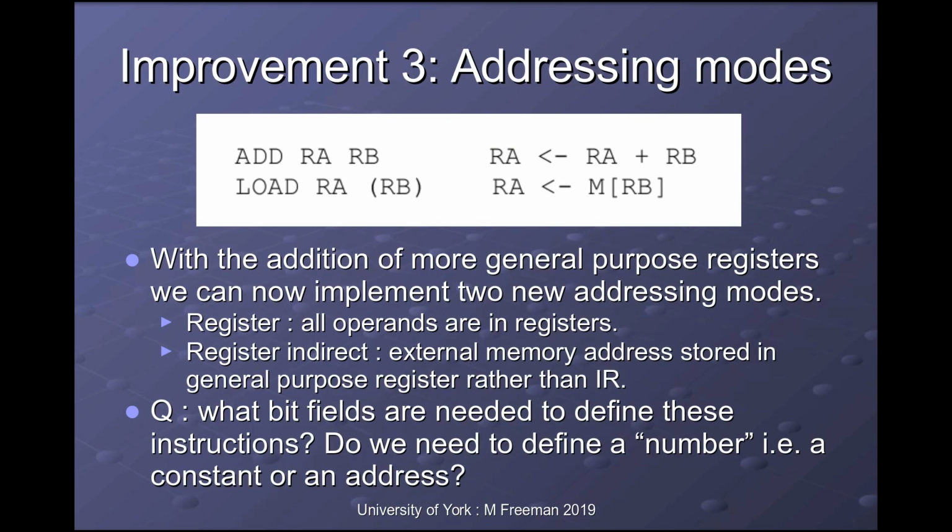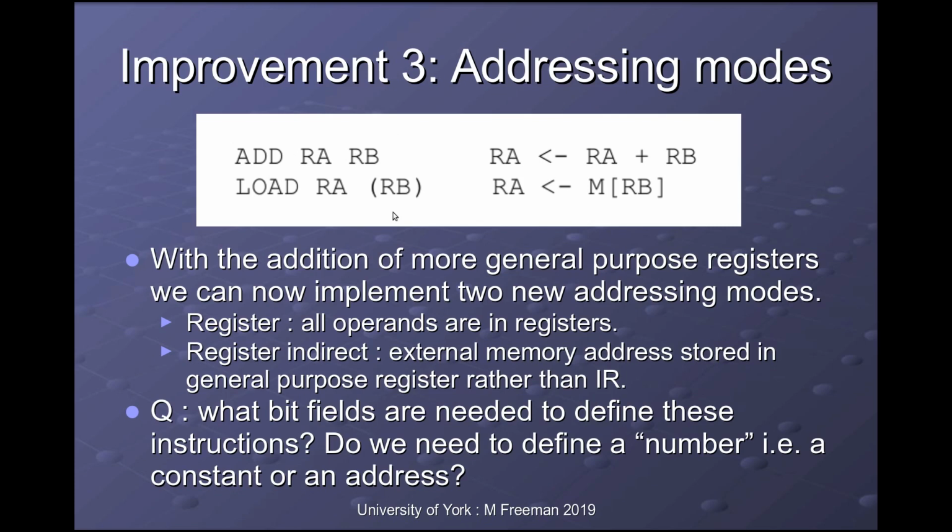A side effect of having more general purpose registers is it allows us to store more variables within the processor, so it minimizes the number of load and store instructions, and also allows us to have some additional addressing modes. So we can have a register addressing mode where all operands are stored in registers, and we can have a register indirect addressing mode, allowing us to store an address in a register rather than having it hard-coded within an